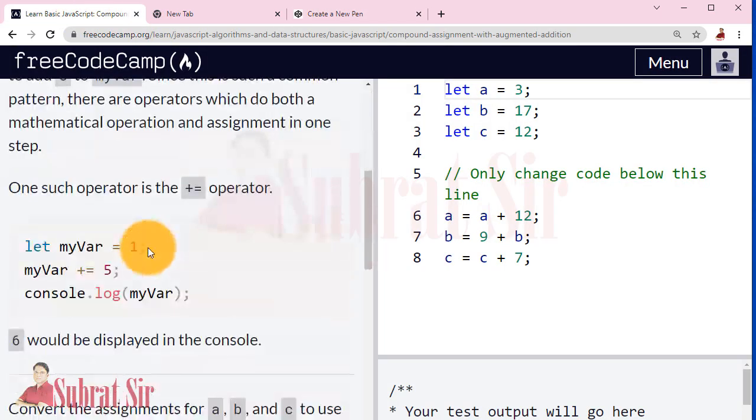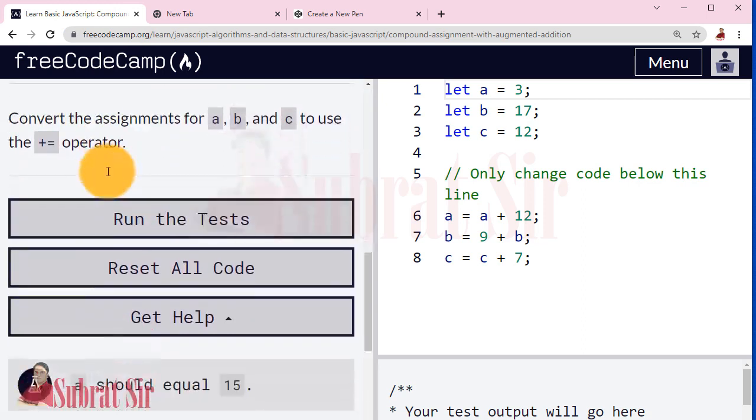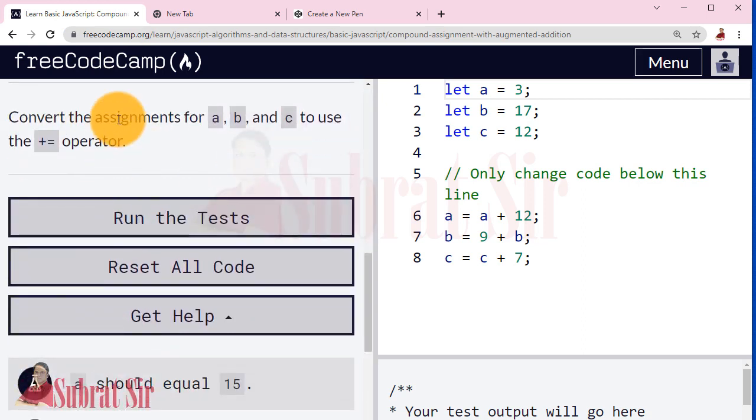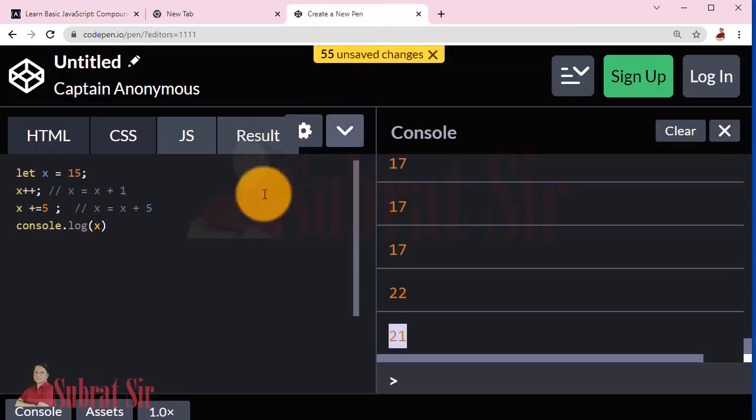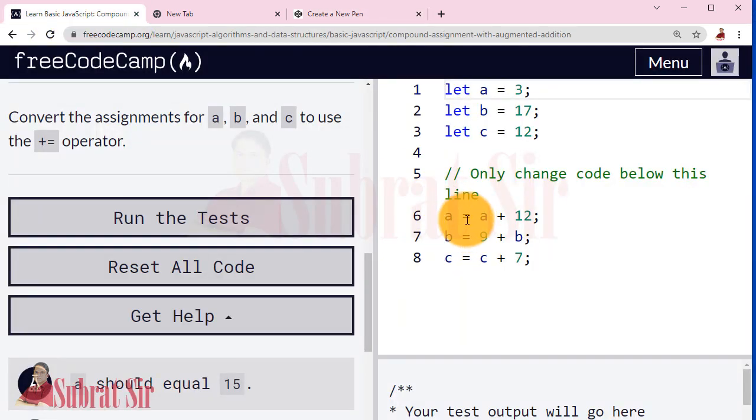So here the task for this lesson is: convert the assignment for a, b, c to use the plus equal operator. Means at a time it is adding the two numbers as well as assigning to this variable.